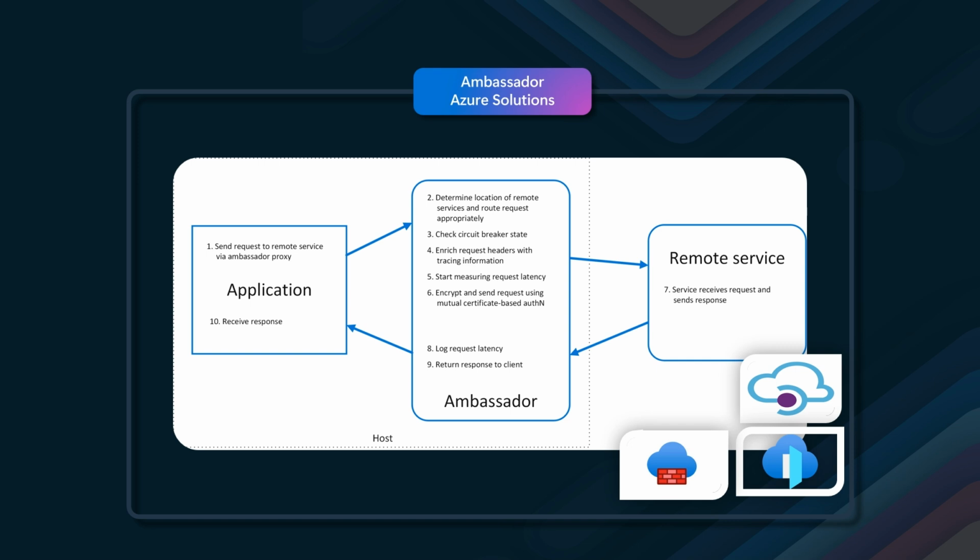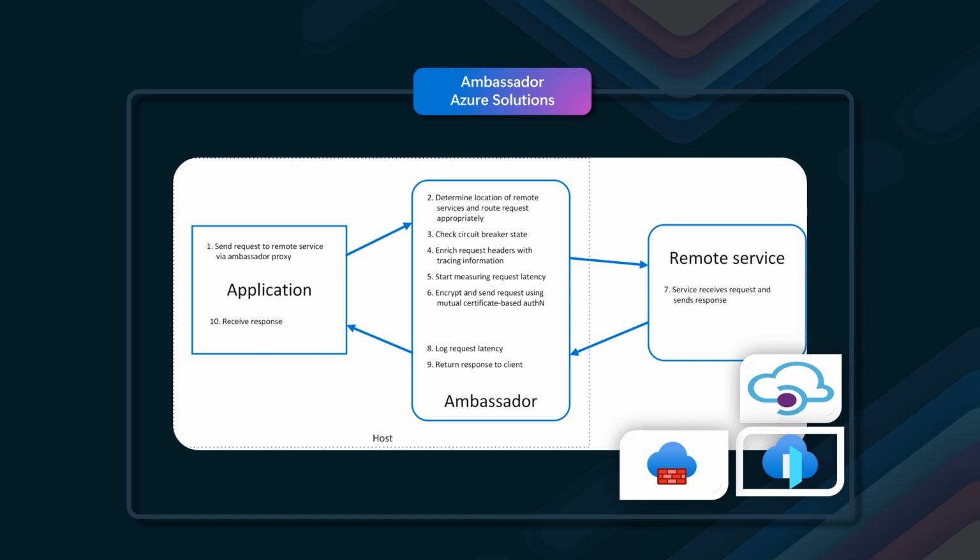The ambassador proxy can handle complex communication logic, allowing the main application to focus on the core functionality. With mutual certificate-based authentication and encryption, the data exchange between the application and the remote service is secure. By enriching headers with the tracing information and logging request latencies, we gain valuable insights into the performance and health